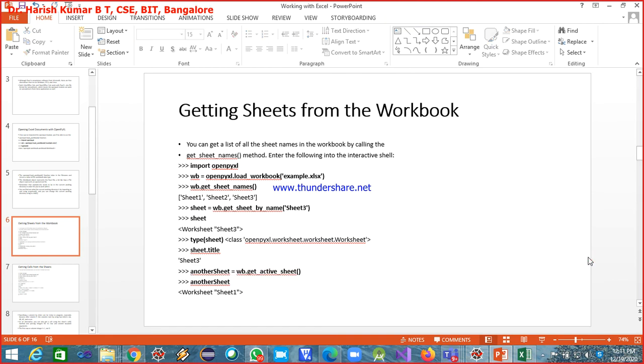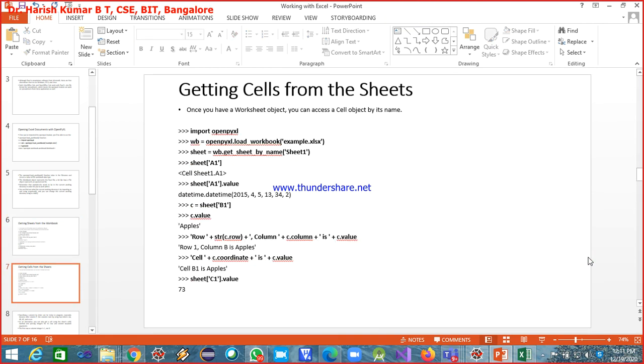Next thing. So now you understood, we are going in the hierarchy. First you understood how to get the workbook, and next what you understood was how to get the sheets and how to get the specific sheet by giving the name, and how to get the active sheet. Now getting the cells from the sheets.